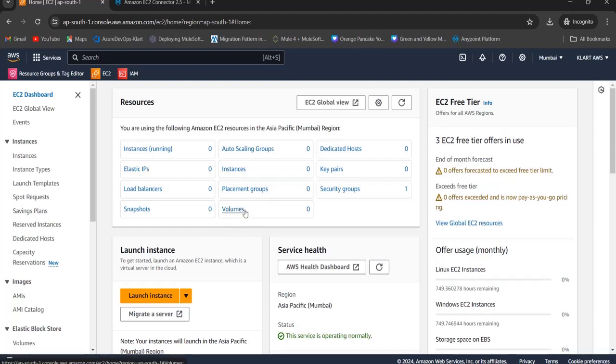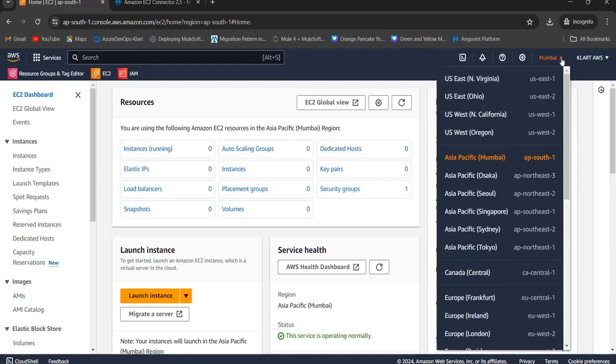So now volumes are 0. This is the new root account of AWS, so volumes are 0 here. Now we are going to create a volume with some memory. Then it will be available here in this EC2 instance and in this Mumbai region. By using the root account, I'm going to create a volume for this Mumbai region and in one